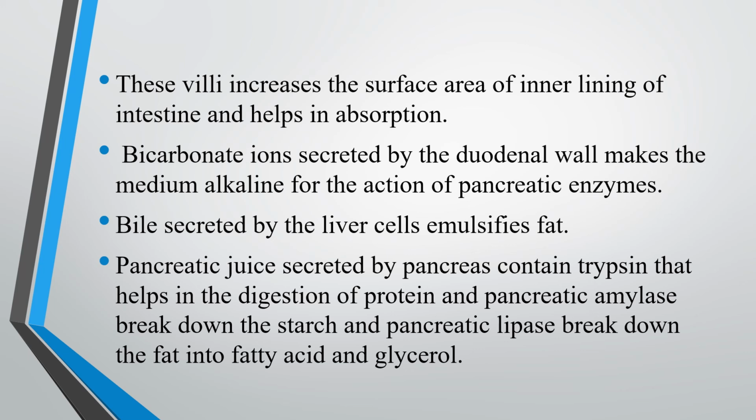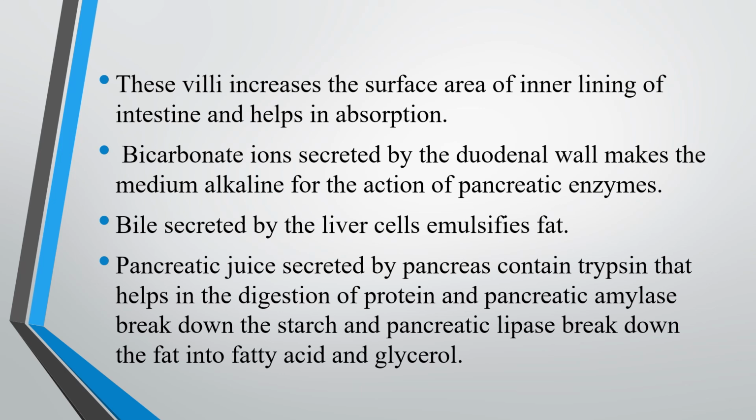Now many finger-like projections are found in the intestine. They increase the surface area for absorption of digested food. In the duodenum, it receives pancreatic juice from the pancreas and bile juice from the liver. The bile duct brings bile from the liver. Here, bile juice emulsifies the fat and also neutralizes the food, because when the food reaches the duodenum from the stomach, it is in acidic condition. So it should be neutralized with the help of the alkaline juice coming from bile. Because of that, bile juice acts on it and emulsifies the fat.